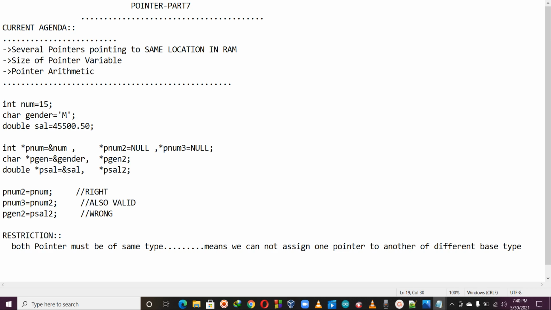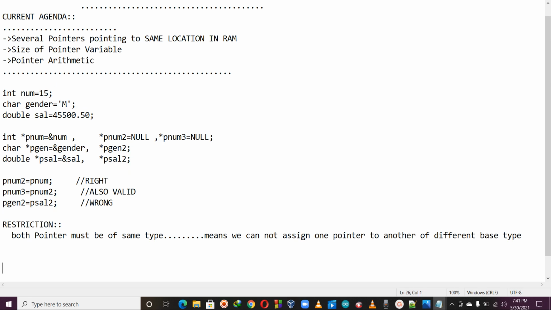Also valid. Okay, because the base type of both p-num2 and p-num3 are the same. Okay, but what is the meaning of this one? So it means all three pointers named p-num, p-num2 and p-num3